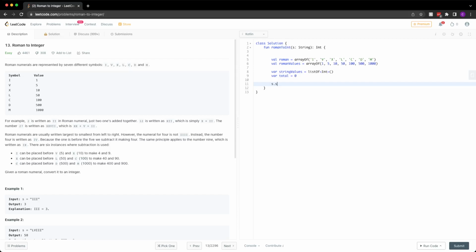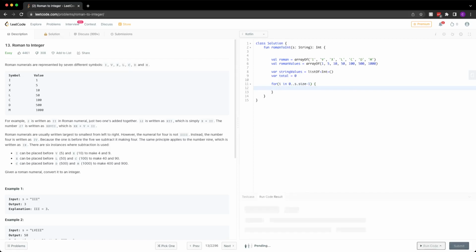You can do string dot size, I believe, for i in 0 until s dot size minus 1, maybe.